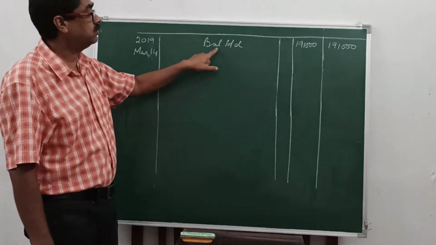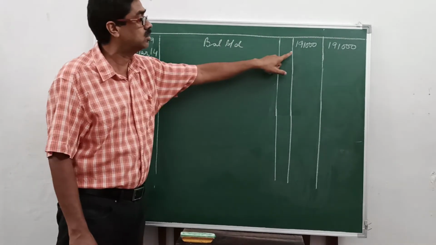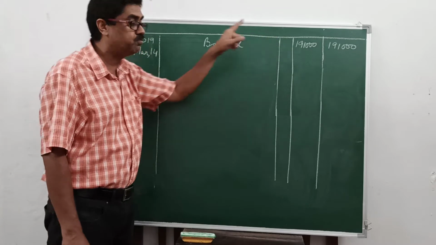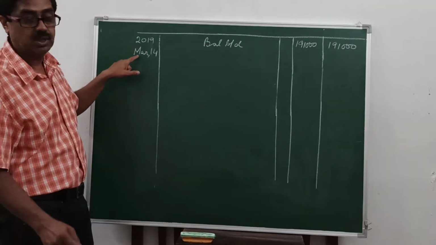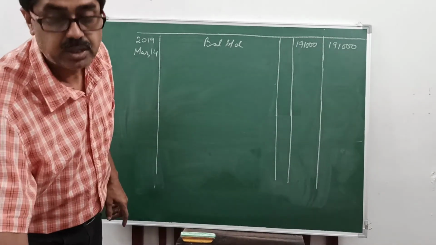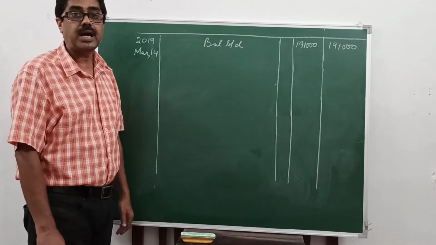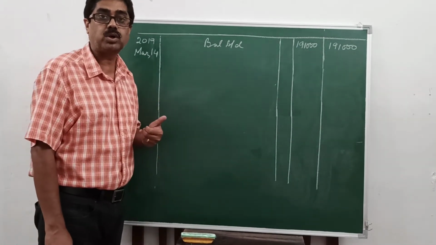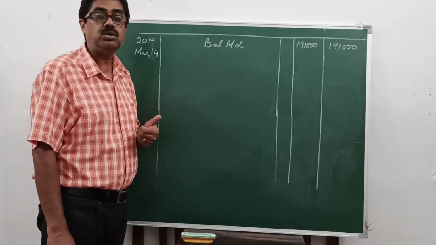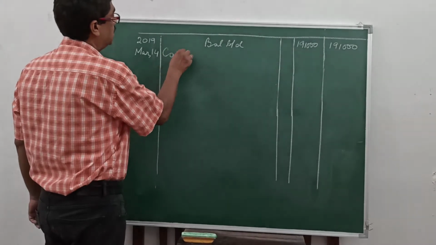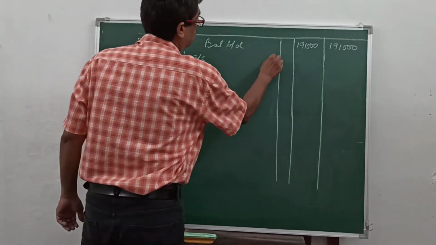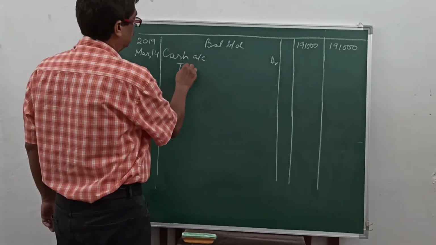You will write in the particulars column balance brought down and the total of the previous page, on the same line. Again you will write the year and the month. So 2019 March, and the next transaction is on 14. Received cash from Hari. Cash is coming in, real account, debit what comes in, and Hari is a personal account, credit the giver. By the rule, the entry will be cash account debit to Hari.